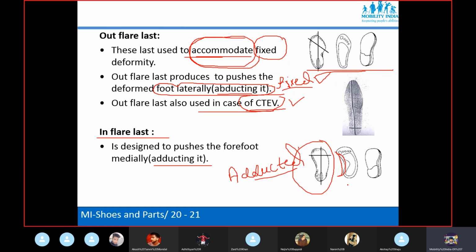To accommodate. Yes. So in that case, what type of shoe last do we need? An in-flare shoe last. Why do we need an in-flare shoe last? To accommodate the deformity. Based on this in-flare shoe last, the shoe will be designed and fabricated. Clear this one?